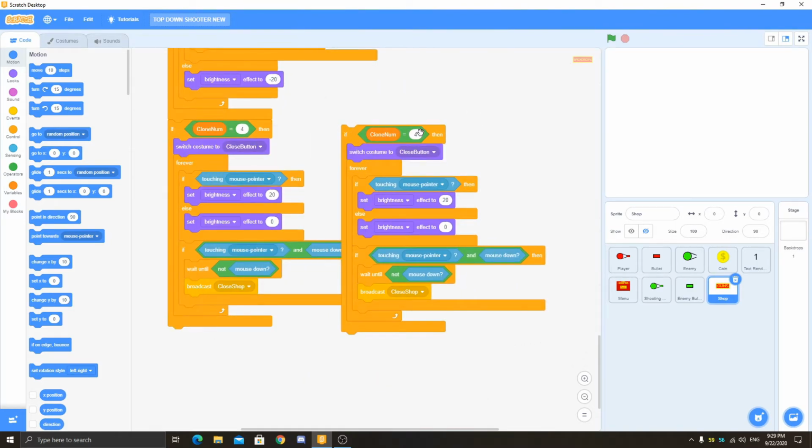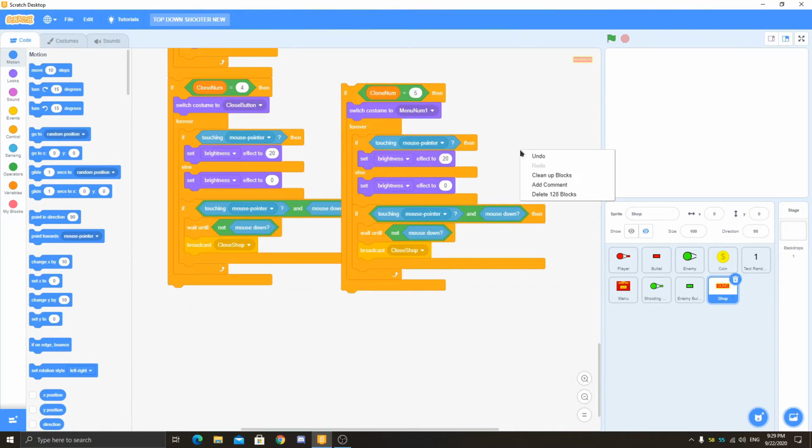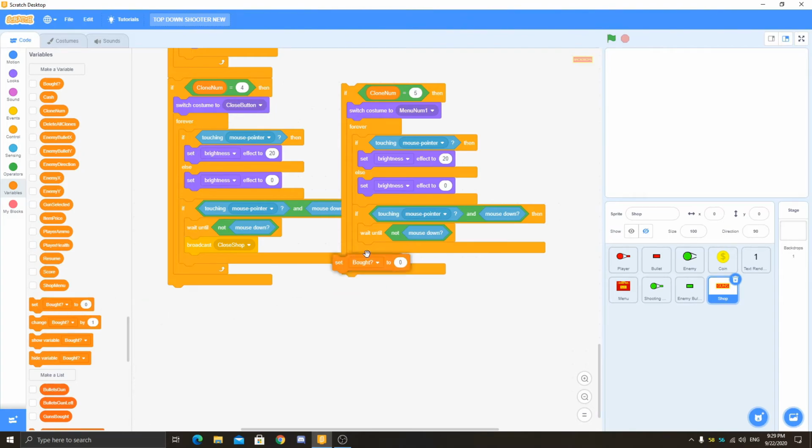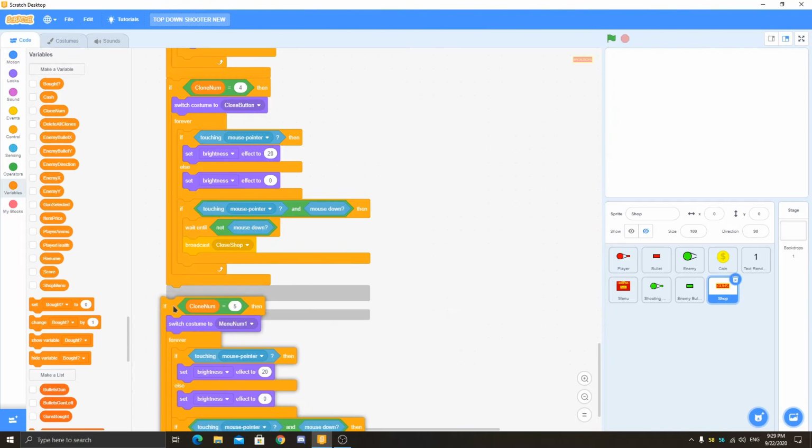So just duplicate the end one and name this 5, and the costume will be in menu number 1. So this will be the same, but if it touches, it will just, let's make a variable called shop menu, and for all sprites, okay, and then make it hidden, then set shop menu to 1. So this will be the first one.